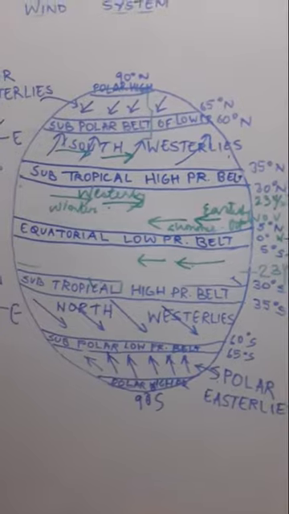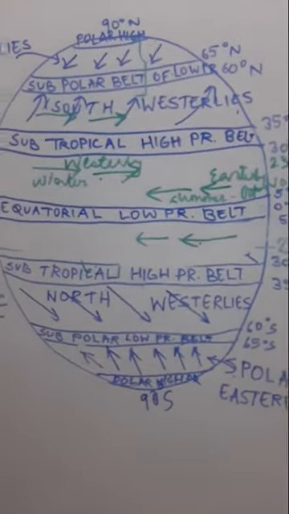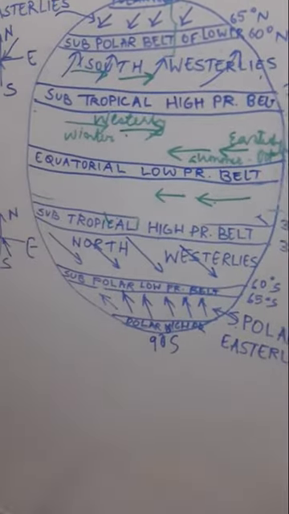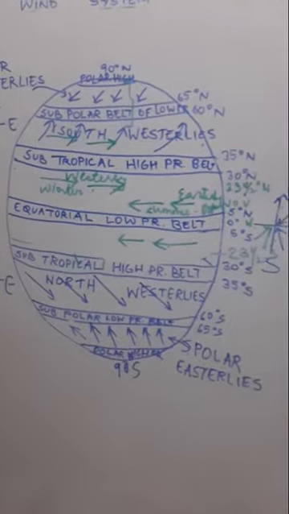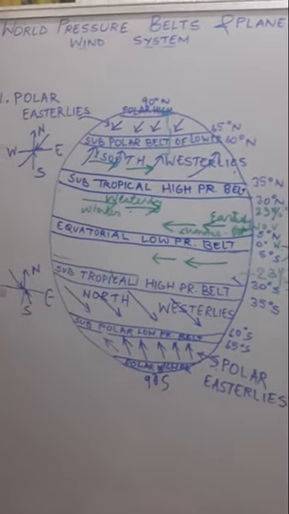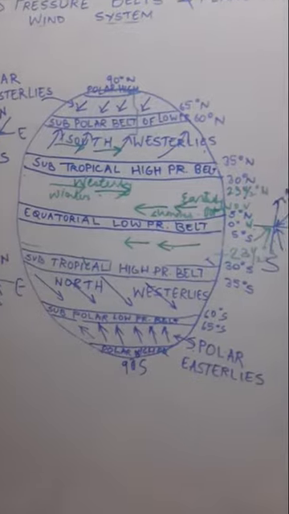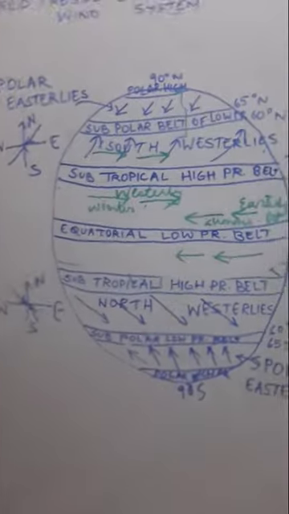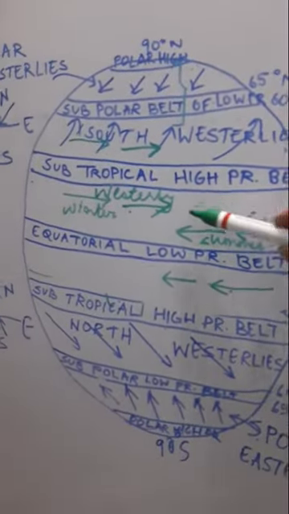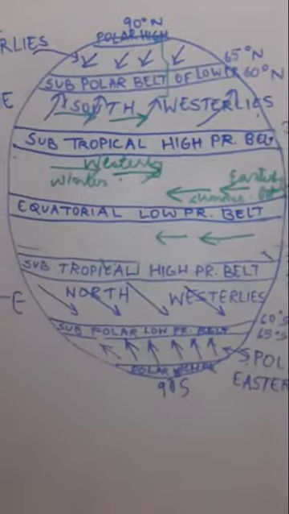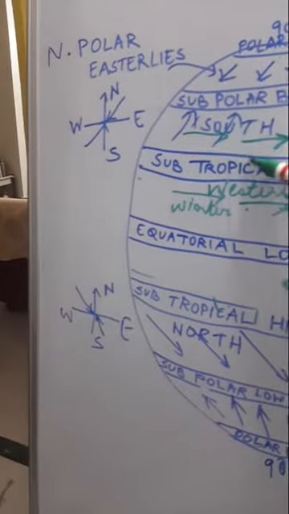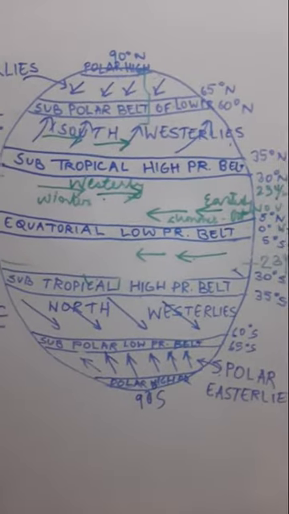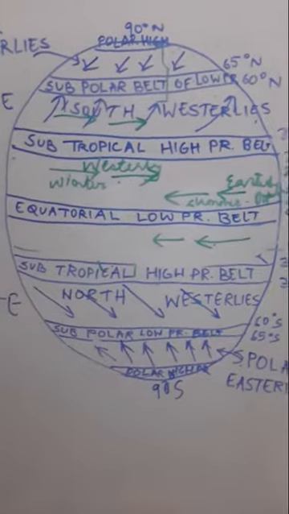Now let us do the last topic, that is western cyclonic disturbances and tropical cyclones. Now here children, I have told you repeatedly that the winds are known by the direction from where they are blowing. So the cyclones that develop in the tropical zone are known as tropical cyclones. The cyclones that develop in the temperate zone or subtropical zone are known as temperate cyclones or